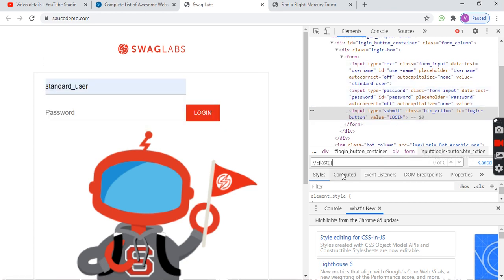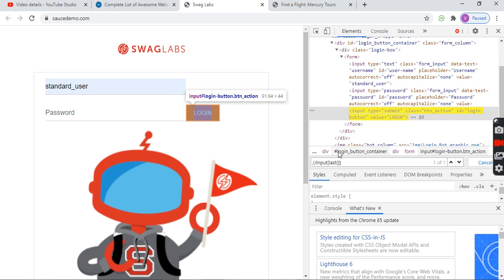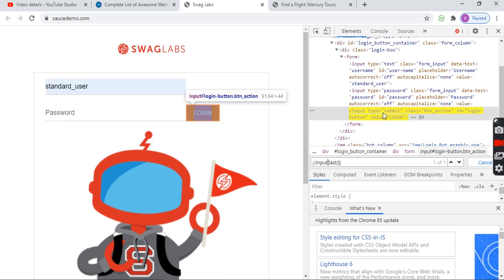I want to look for the last child. What is the child name here? Input. So just replace E with input. This is the one. So we can identify the login button using two different techniques.